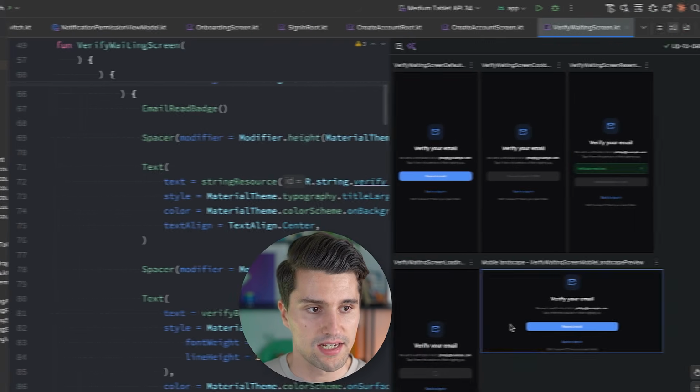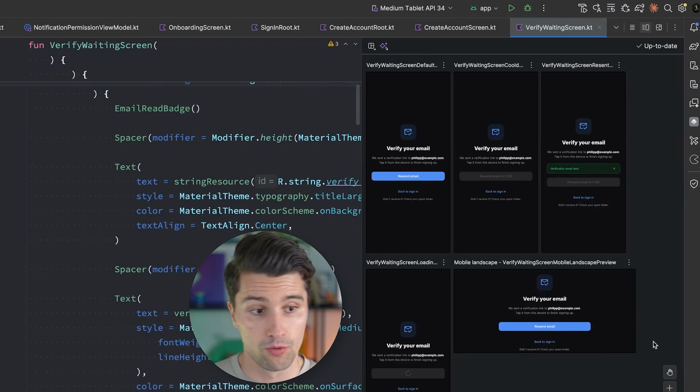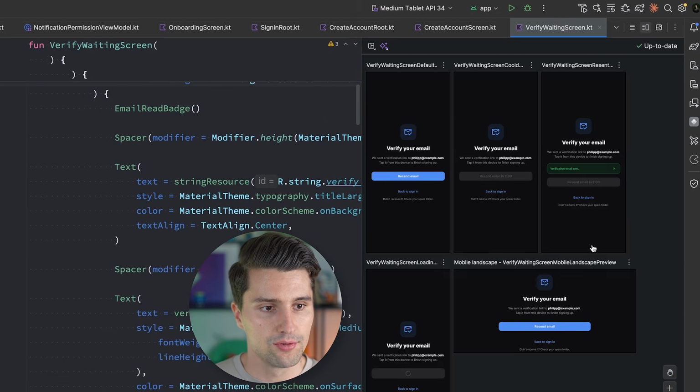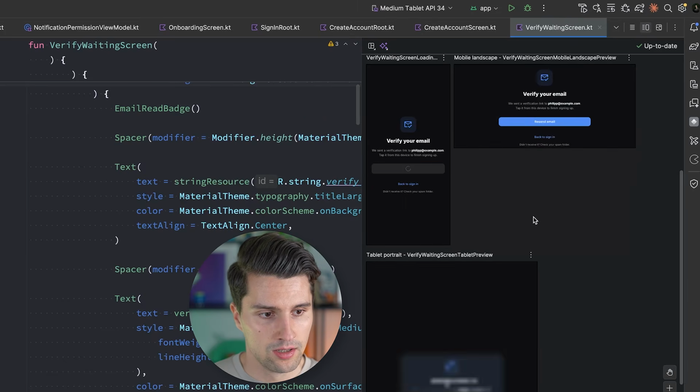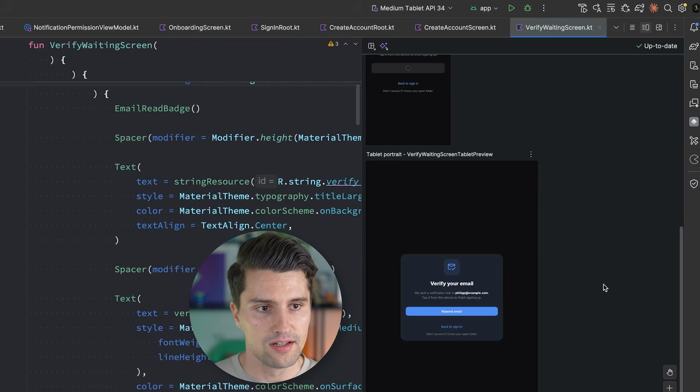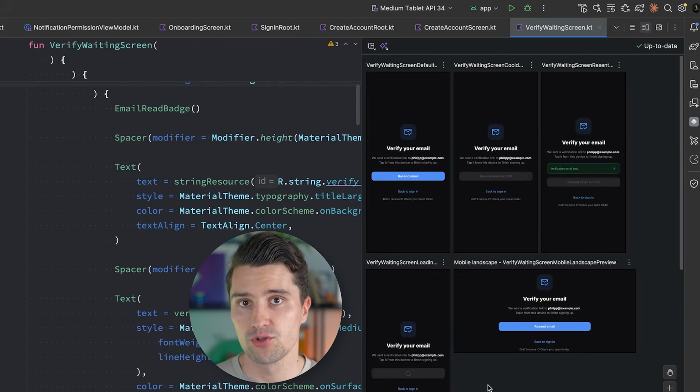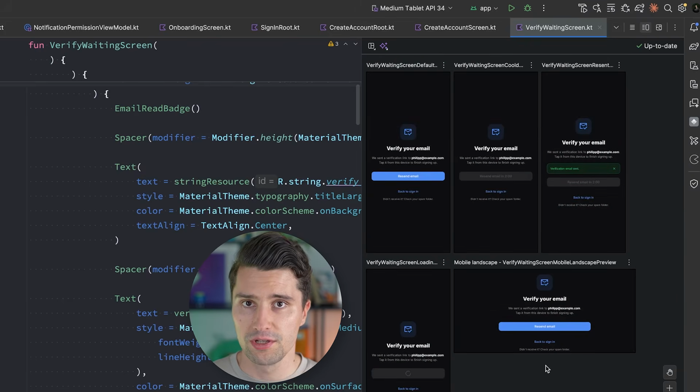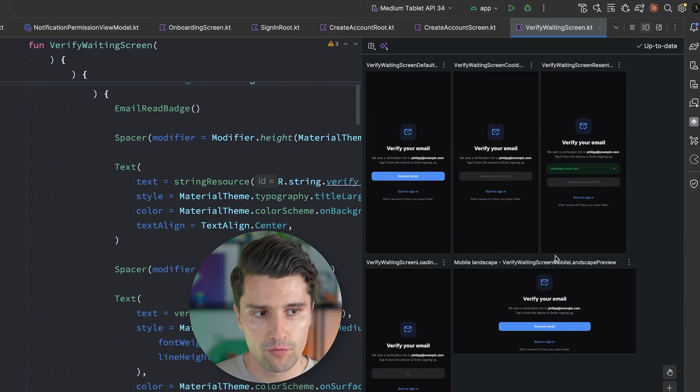But then you will get such previews here for every single screen for all kinds of different variants. And you can instantly inspect which variant may be off and how each one looks like. We get those for tablets here, and it's very quick for you to actually compare this with what is on the mockups. So not just for all these different orientations and screen sizes, but really for each and every state,